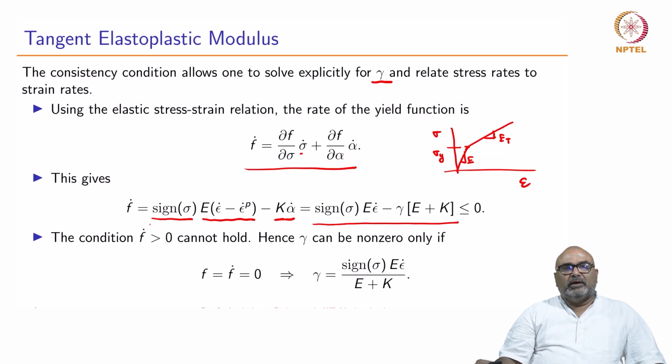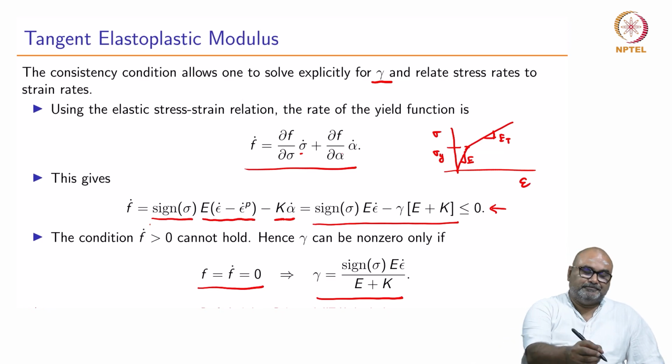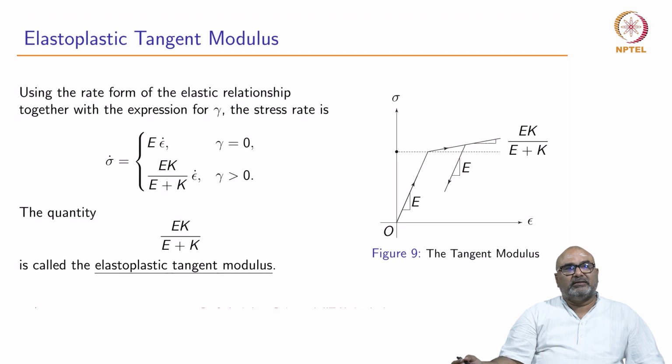So, gamma can be non-zero only if this holds with equality, so f dot has to be equal to 0. f dot greater than 0 is inadmissible, therefore f dot must be equal to 0. From this expression we get gamma is equal to sign of sigma times E times epsilon dot divided by E plus k. Substituting this back in the stress-strain relationship,